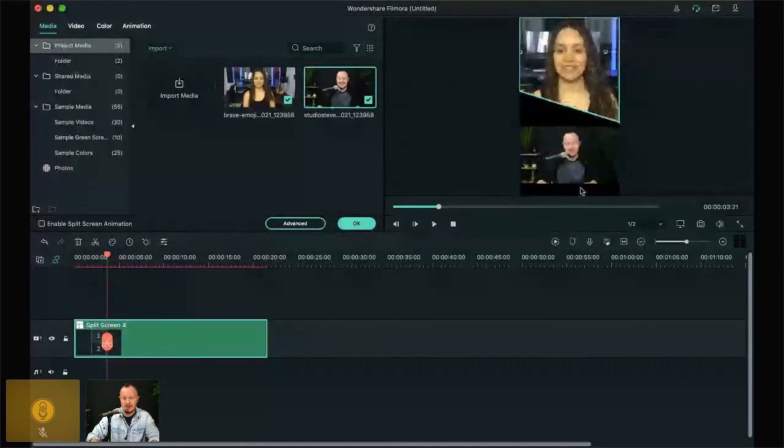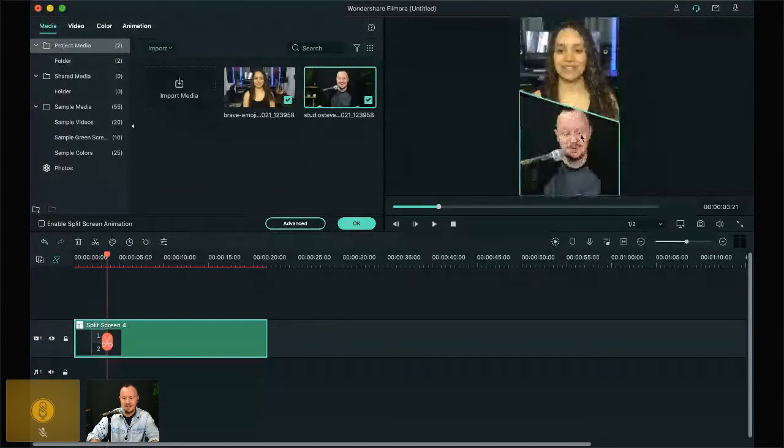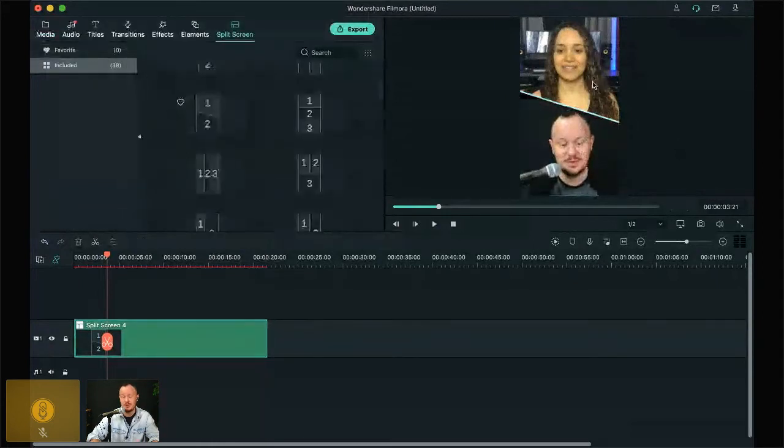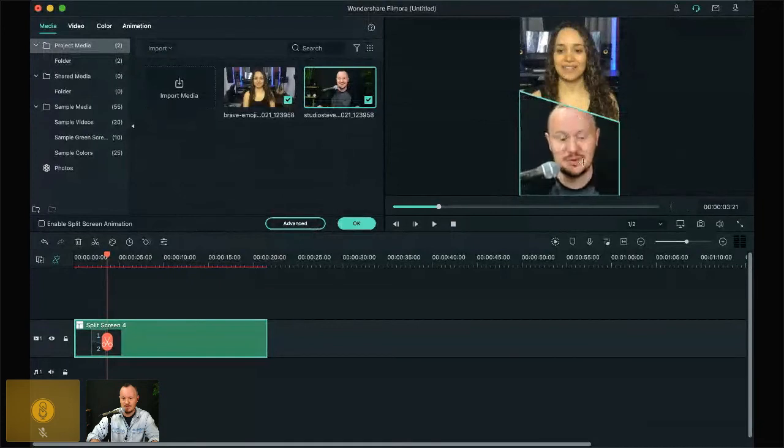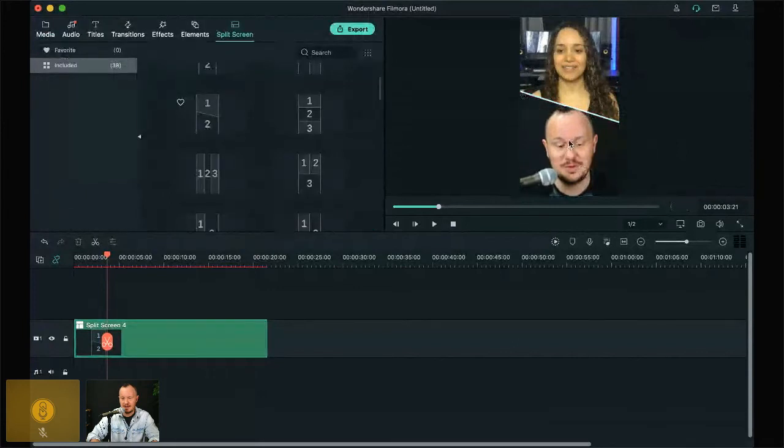But like I said, you can achieve similar things in any video editing software. But these split screens, especially for us podcasters, is something that actually takes a lot longer to achieve in something like Adobe Premiere or something. So I really love Filmora for that reason. I wasn't quite zoomed in enough. You'll see a little black at the top there. That's because I need to zoom myself in even more to make sure that we fill this entire frame without getting any black there. And there we go.